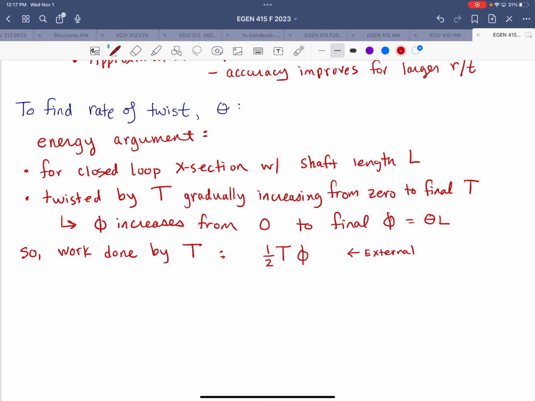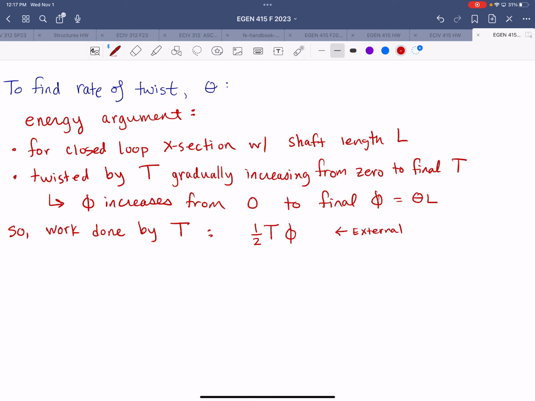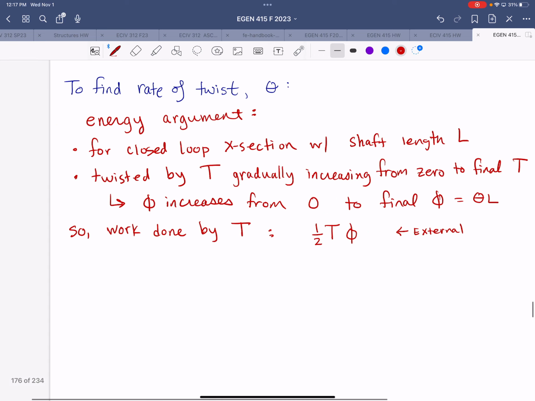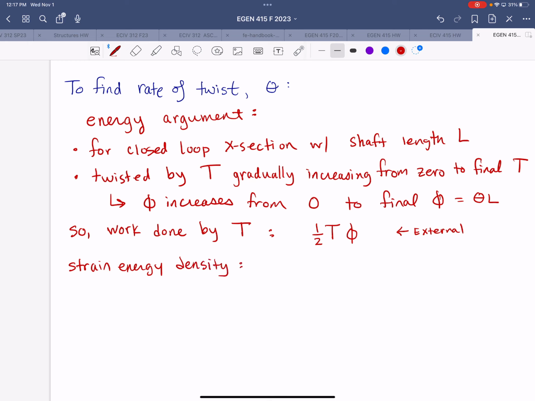As far as internal energy goes, we're going to think about strain energy. So we'll start with the strain energy density, and we've been using the lowercase u with an underscore to represent that value. So that's equal to 1/2 times the shear stress times the shear strain,